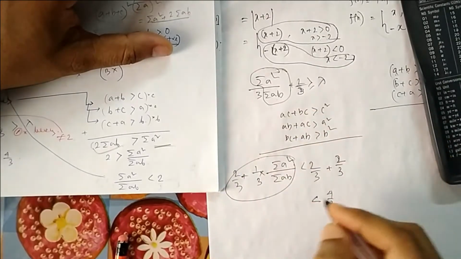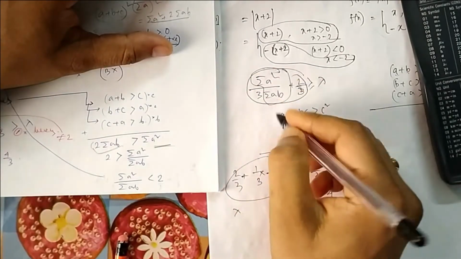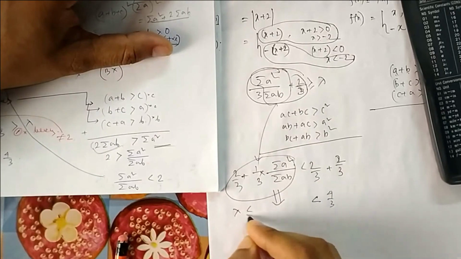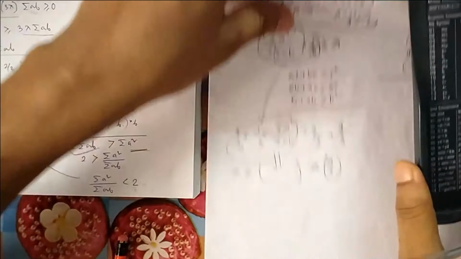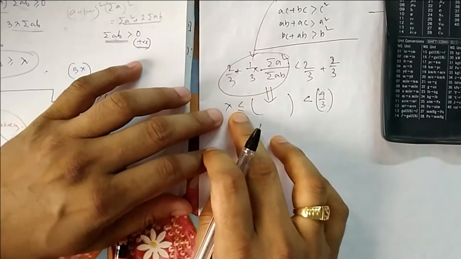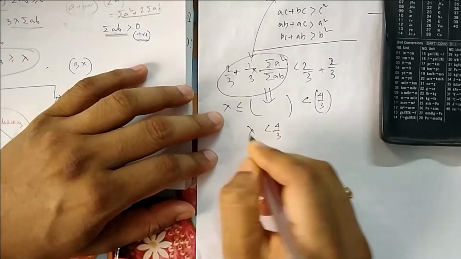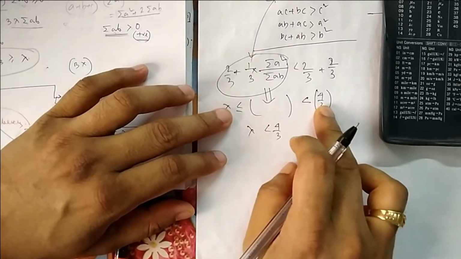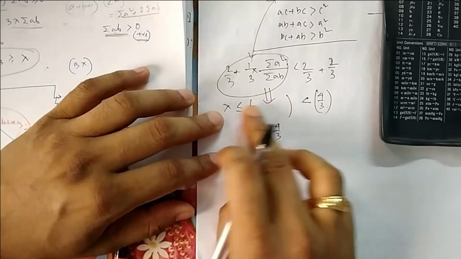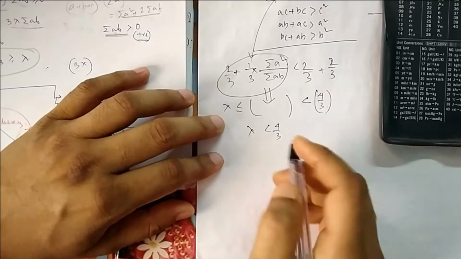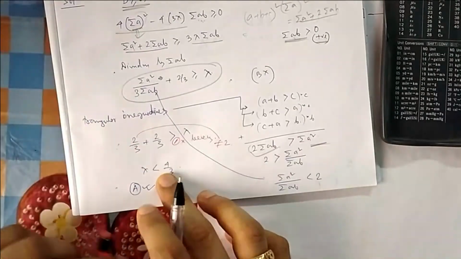Okay. Now if you see lambda, your lambda is less than or equal to this expression, which is less than this. Now what can you say about lambda? That means lambda is less than 4 by 3. It cannot be equal to, because the expression is not reaching 4 by 3, so lambda cannot reach it. Its value will obviously be less than 4 by 3, so it will not be equal to 4 by 3. So that's why they have given this answer.